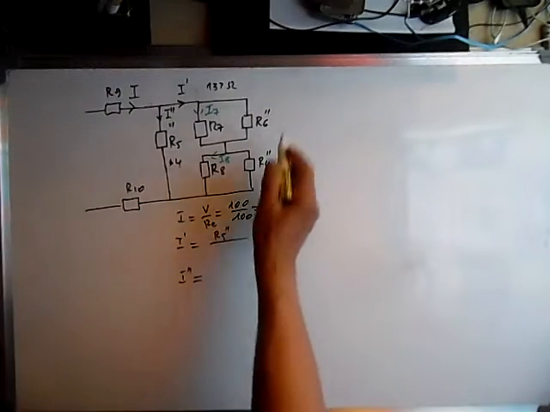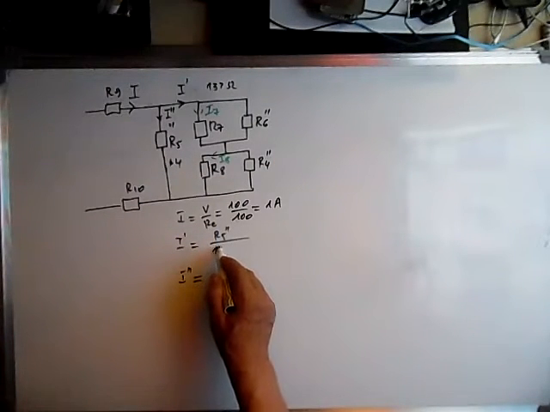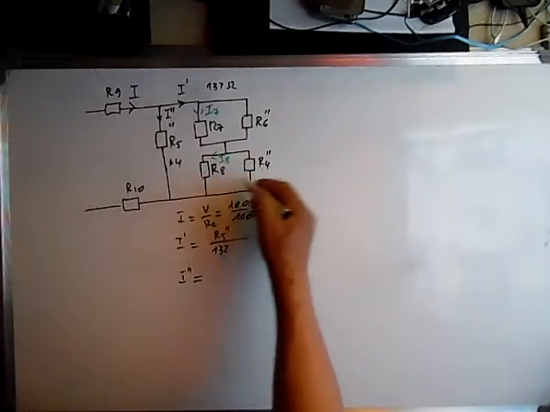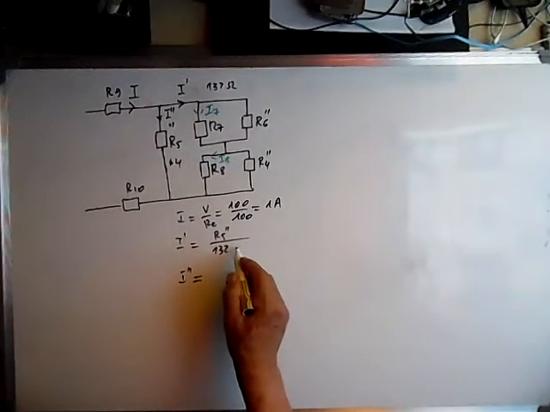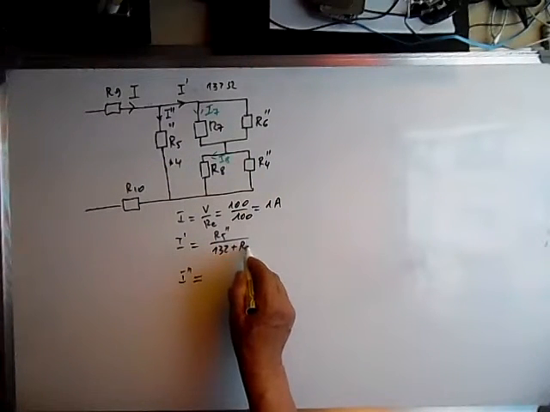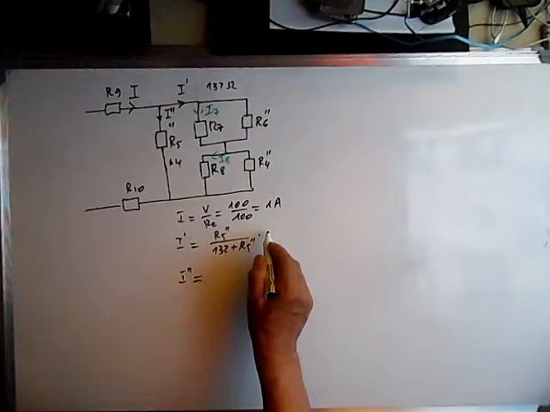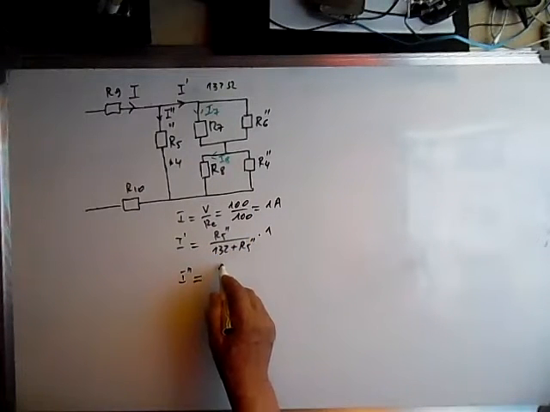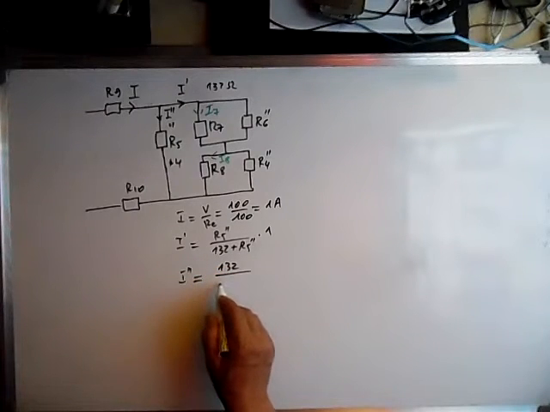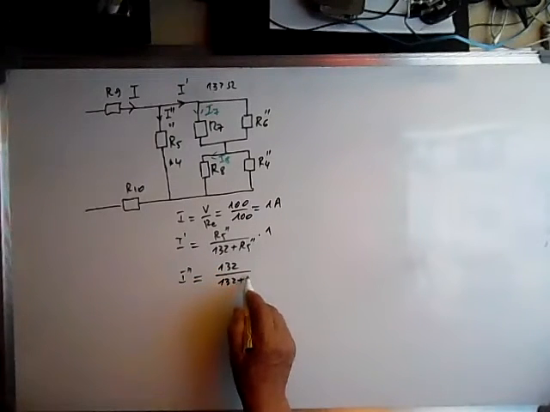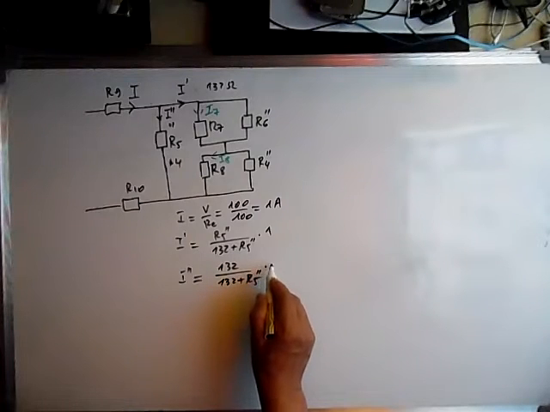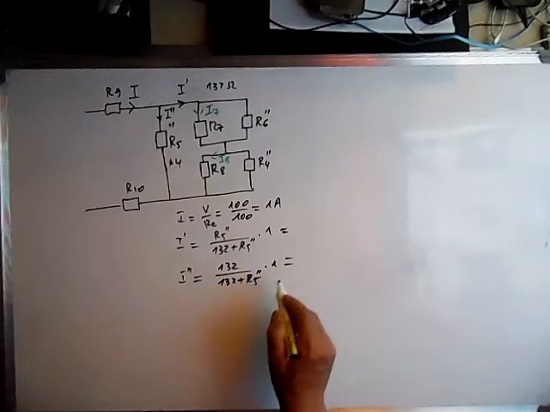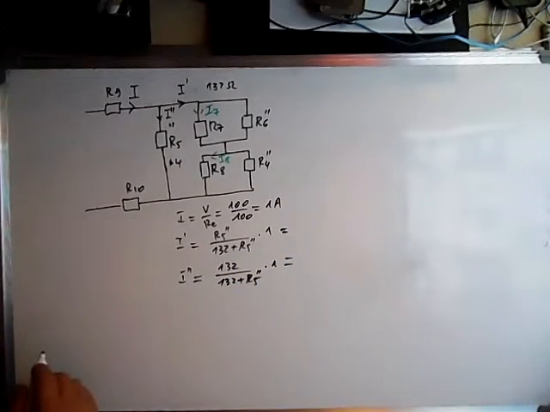Okay, this value of 132, equivalent resistance of this 4 plus R5 2 prime times main current, which is 1. Here it's 132 over 132 plus R5 2 prime times 1. This will give us a current of